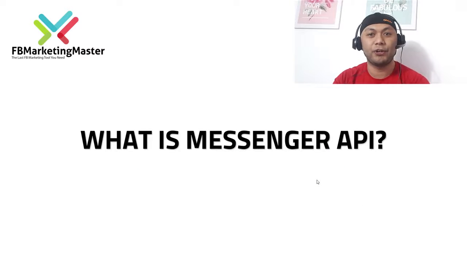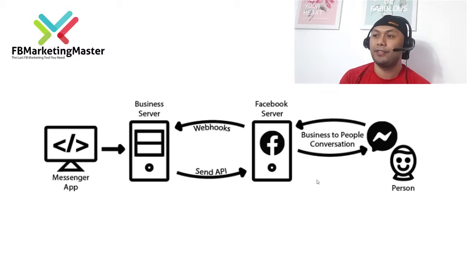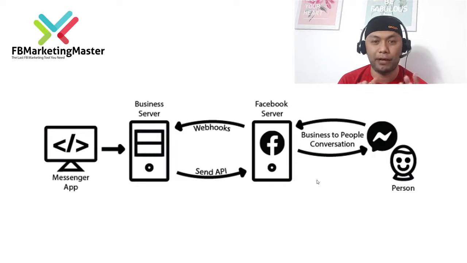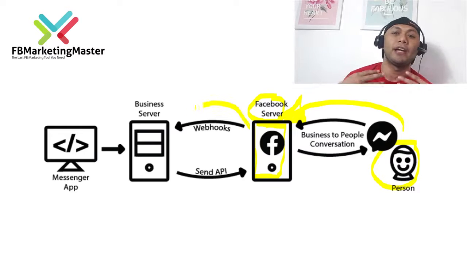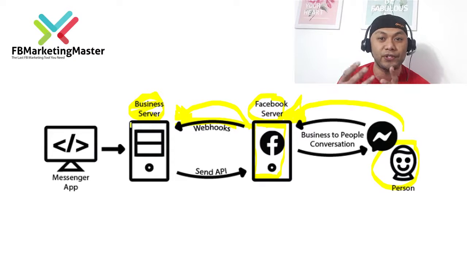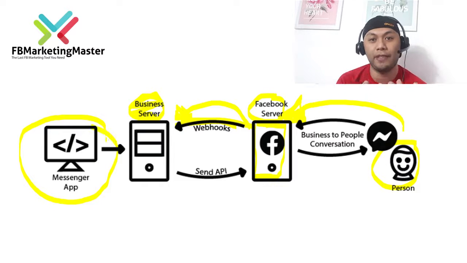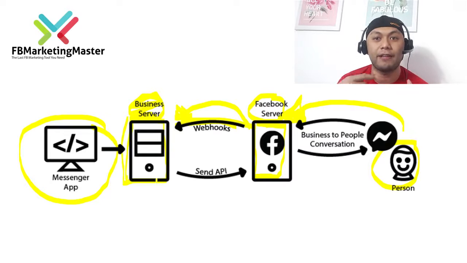First, let's answer the question, what is Messenger API? How does a Messenger bot work? It may be a little geeky, but bear with me. First, a Facebook user will send a message on Messenger, and that message will go directly to the Facebook servers. Facebook servers will process that message, and then give that information as a webhook to a bot server. That bot server will serve as the processing center to interpret that message coming from Facebook, which the user has first started. And after processing that message,